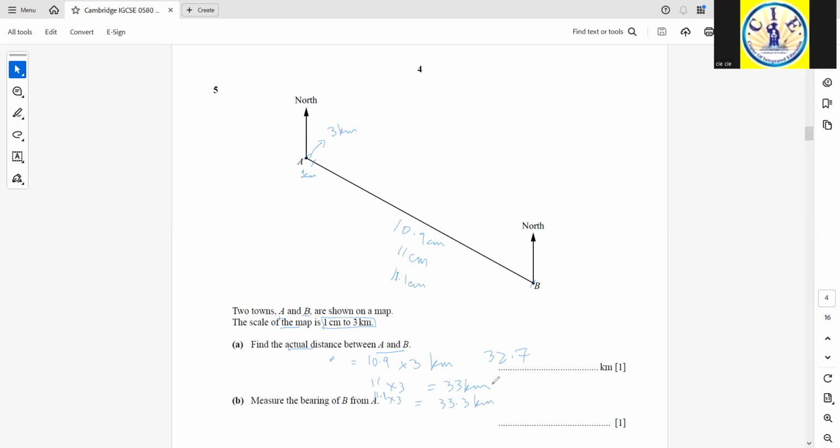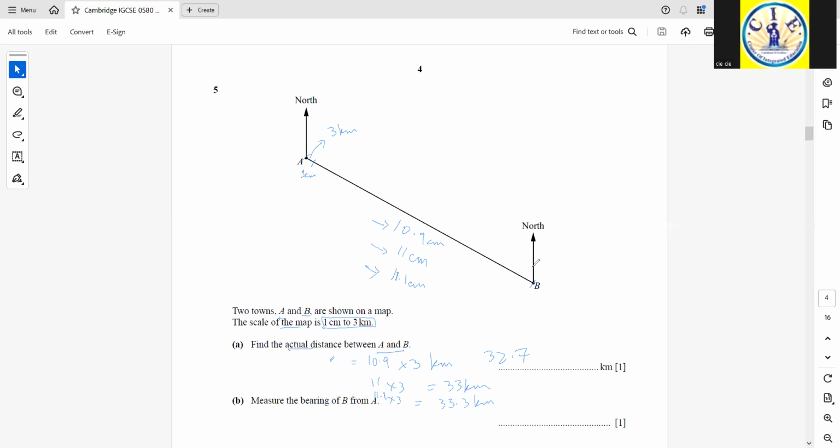That depends upon the measurement of this line using the ruler, and normally CIE gives a bit of relaxation for this range, so the range may vary from 10.9 till 11.1. Okay,